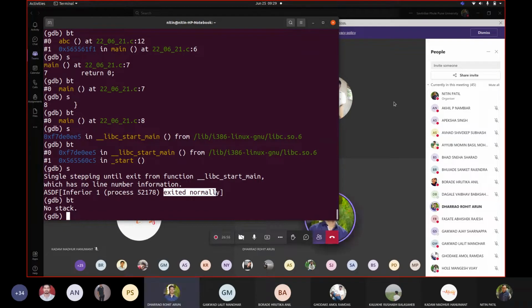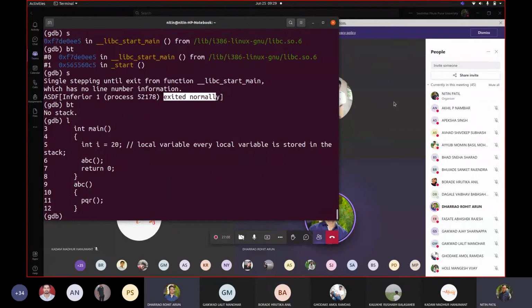See, ABC is calling PQR. Correct? In our code, if I write L, you see ABC is calling PQR. Now when ABC is calling PQR, ABC should preserve its own elements and the earlier elements too. The earlier elements are protected by main. Now ABC should protect its own.